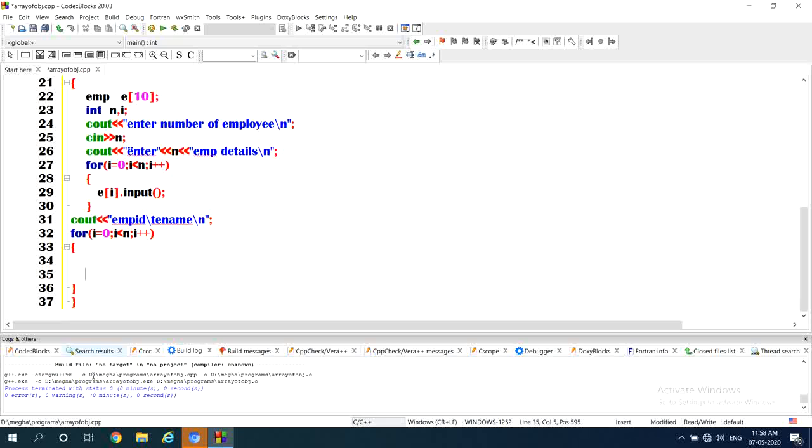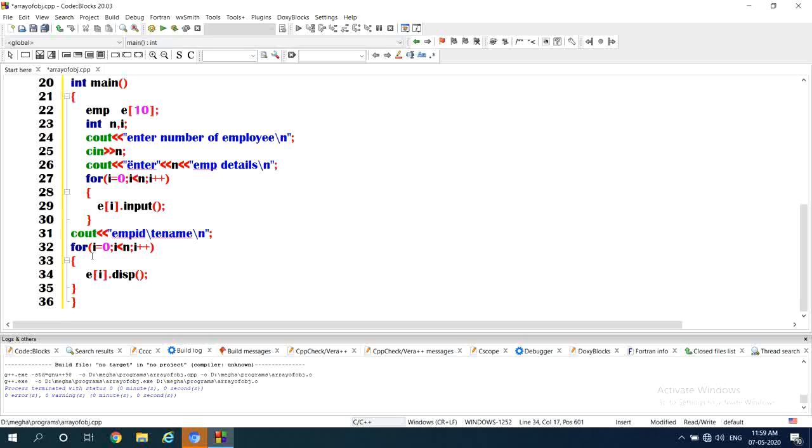There is a display function; its job is to display the data present in the object. Now which object data do you want to display? E of 0, next E of 1, E of 2. So the i value automatically changes. E of i dot disp, open close, semicolon.